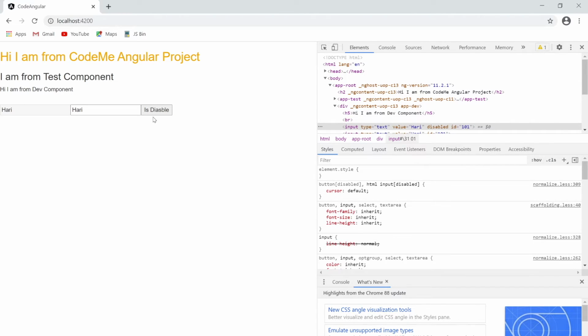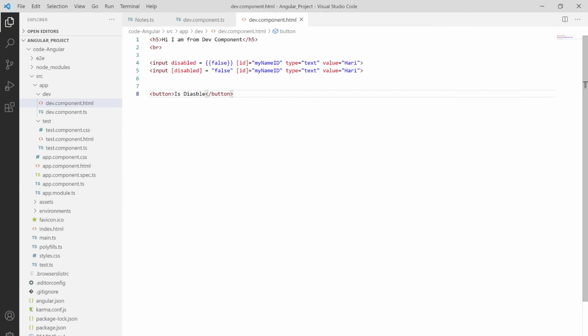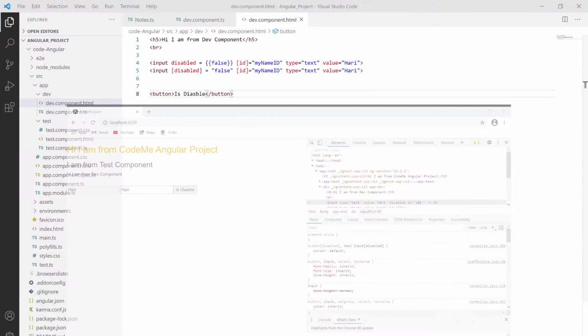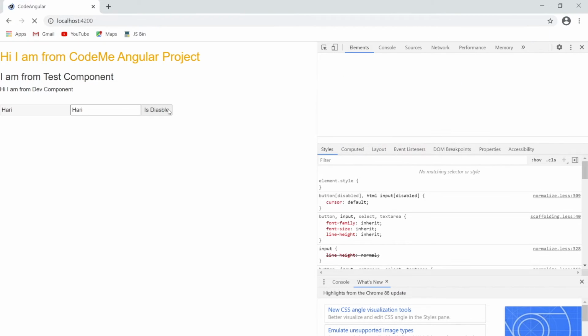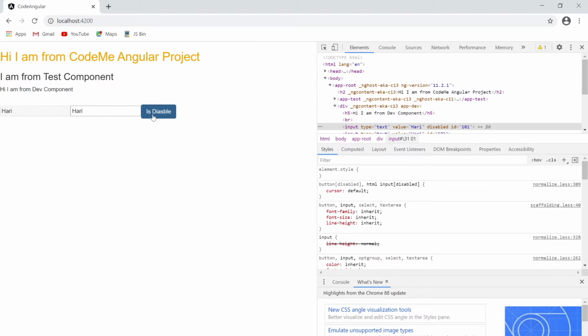As you can see, the button is there. Let me add some kind of CSS. I'm using Bootstrap CSS, so class, and then assigning the button as primary, save it out, and as you can see it looks nice enough.